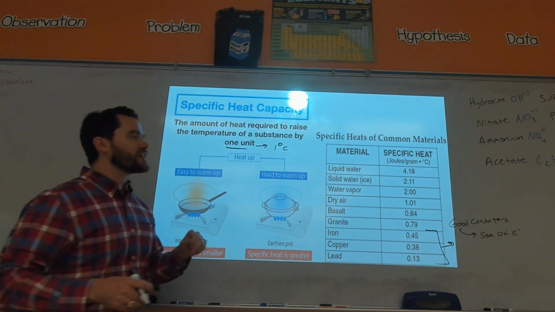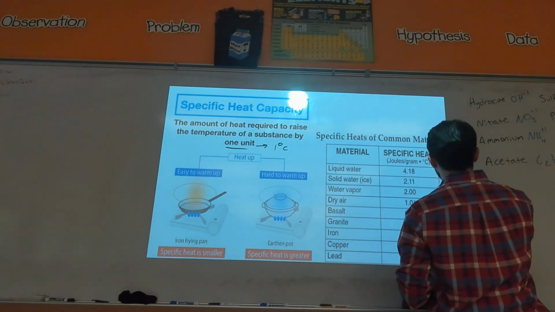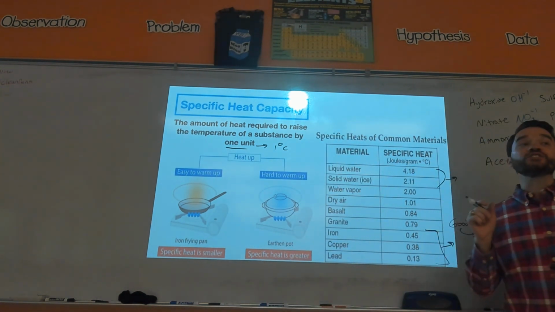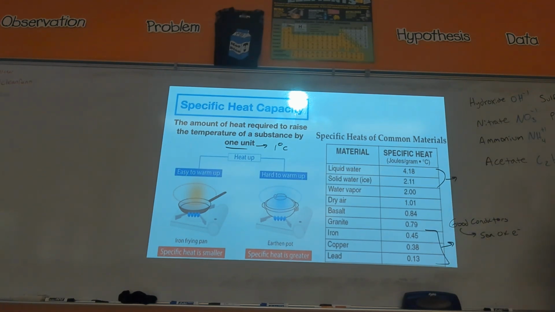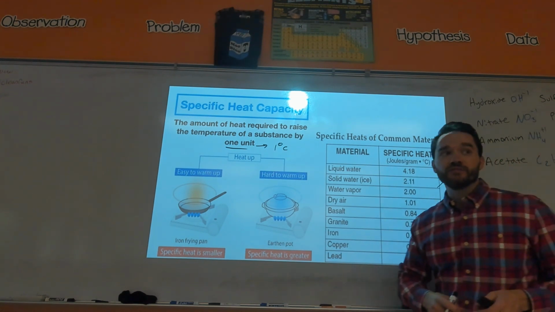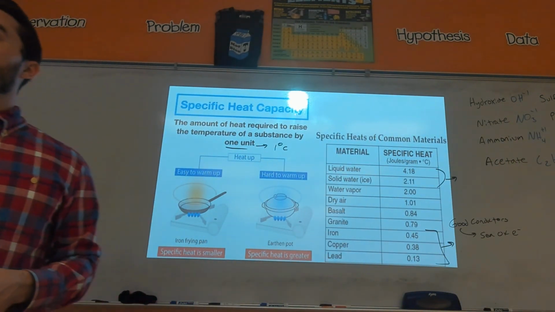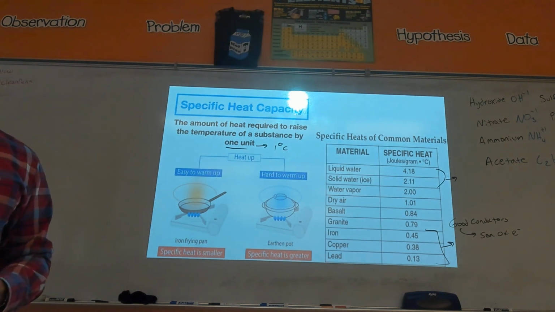All right, now water has a very high specific heat capacity. Now, why is that a good thing? Why would you want water to have a high specific heat? High specific heat means it takes a lot of energy to warm up water. That is crucial. Think of the opposite. If water had a very low specific heat capacity, next.